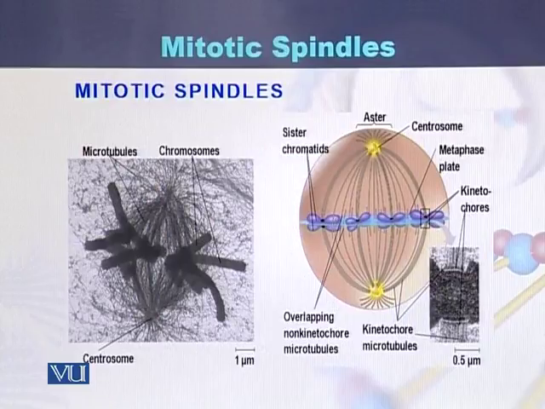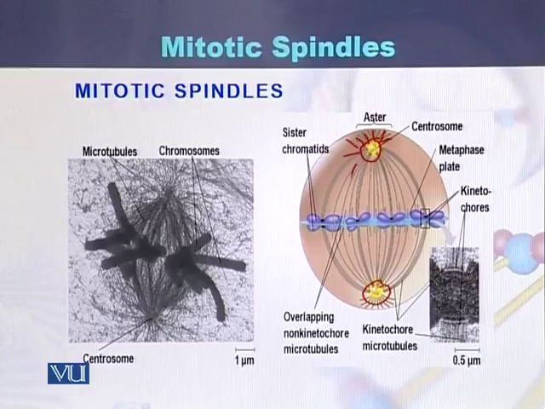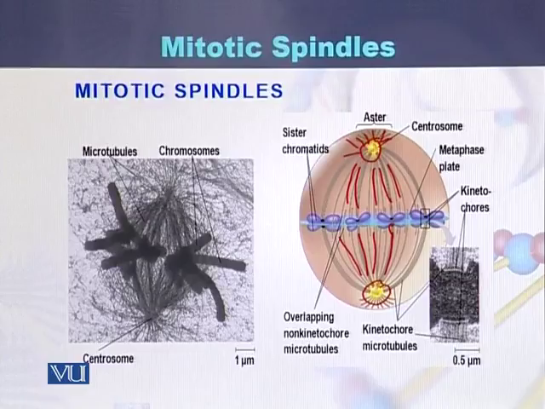In this diagram, we can see that this is the cell where this is centrosome 1 and on the other pole is the second centrosome. From the centrosome, asters emit, while in addition to asters, there are also spindle fibers. These are the spindle fibers that emit from both sides of the centrosome. These spindle fibers attach to the centromere at the position of the kinetochore and they pull the sister chromatids and move the